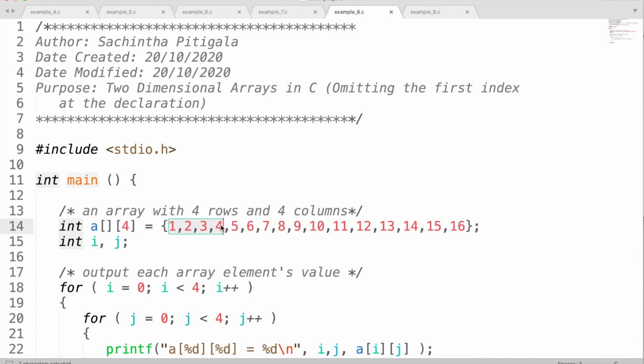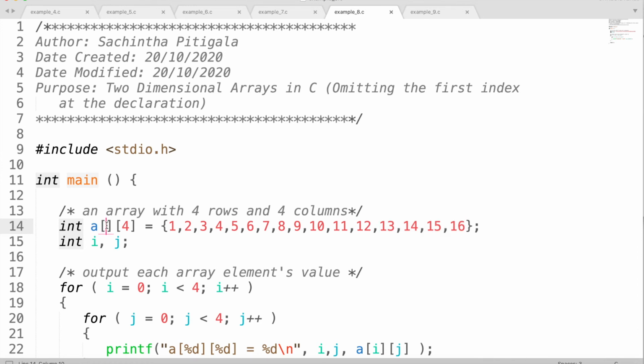Then it will take the next 4 values and fill up the next row. Now my array has 2 rows. Then it will take the next 4 elements and fill up the third row. Then it has the remaining 4 elements, and it will take those and fill up your fourth row. So if you execute this statement, basically it will create a two-dimensional array with 4 rows and 4 columns.